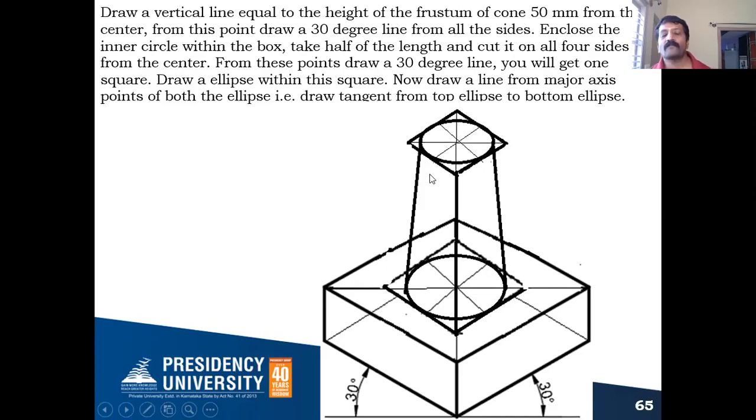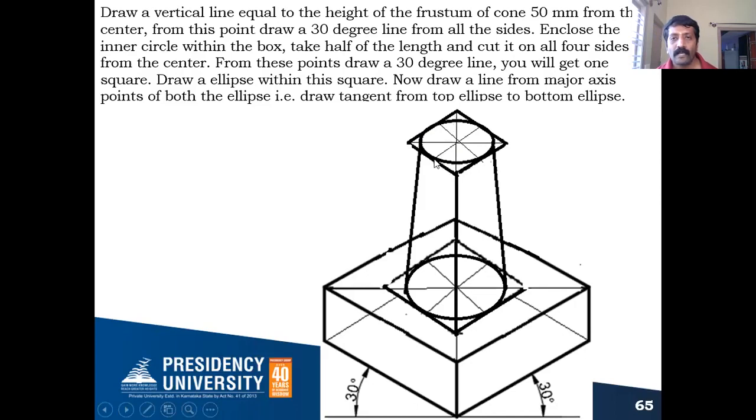So this square, where we have to draw one more ellipse, is nothing but the top face of the frustum of a cone. That means you know how to draw the ellipse with the help of the four-center method. So from this as the center, you